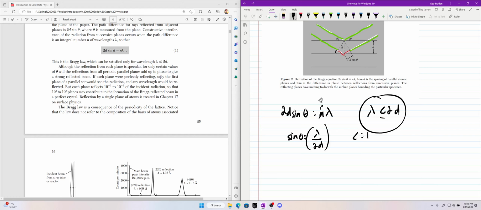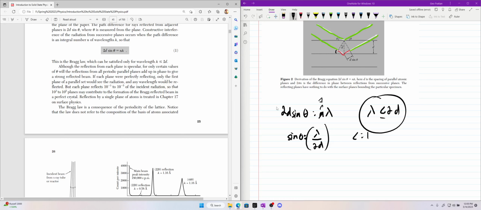Although reflection from each plane is specular, for only certain values of theta will reflections from all periodic parallel planes add up in phase to give a strong reflected beam. So basically, if each plane were perfectly reflecting, only the first plane of the parallel set would see the radiation, and any wavelength would be reflected. But each plane only reflects about 10 to the negative 3 or 10 to the negative 5 of the incident radiation, so that 10 to the 3, 10 to the 5 planes may contribute to the formation of Bragg reflected beams